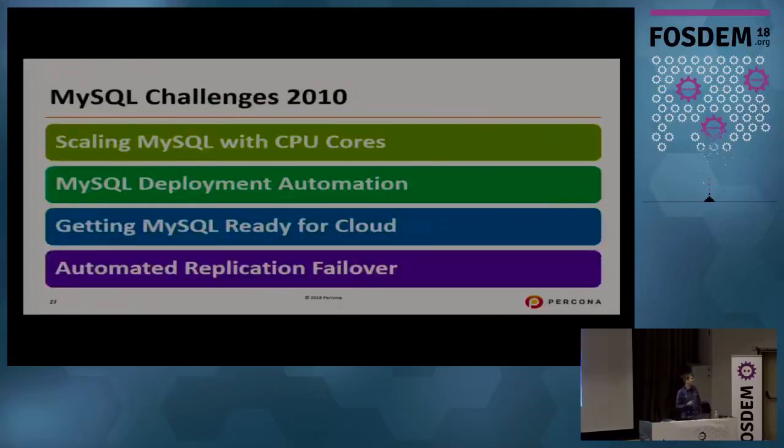So what challenges did we have in 2010 with MySQL? Scaling with multiple CPU cores. By the end of the first decade of 2000, CPUs had not been getting really faster. They had been becoming wider, right? They had been getting more and more cores. So it was not only a question of some big expensive servers to scale to multiple cores. Even very basic servers would have an ever-increasing number of cores, and MySQL was not really designed to scale very well with those multi-cores at first. So that required a lot of engineering and performance tuning.